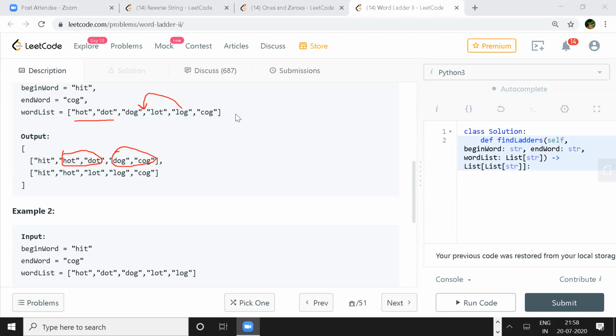You never know, that optimization might be useful. But actually, just sorting is not going to help, because you'll have to go through the whole path. Yeah, we will have to go through it once, and for the further iterations, we won't need it. For example, if we sort it here, we can go with hot, dot, dog, then log comes next to it, then lot, and then cog. But if we sort, then hot will be after dot, right?